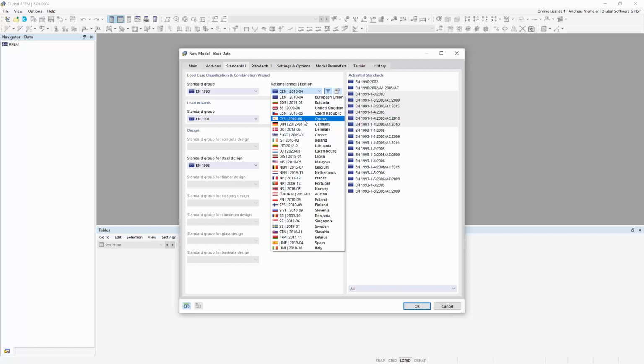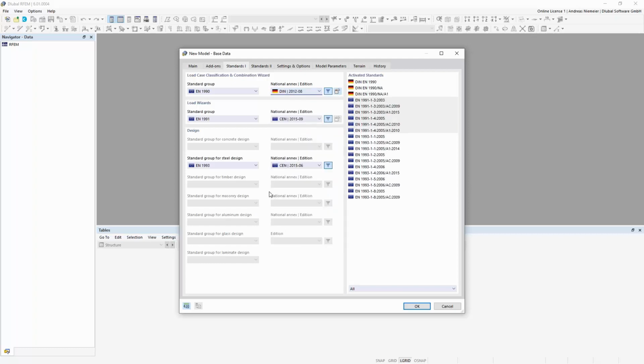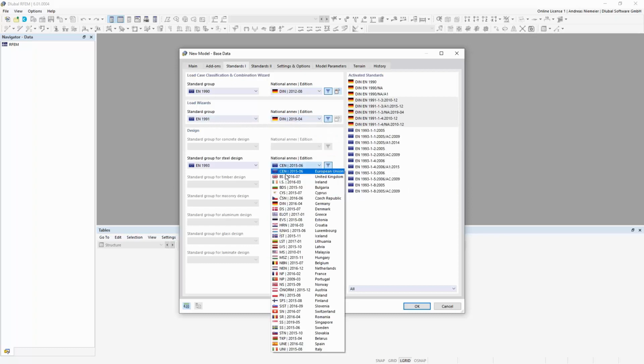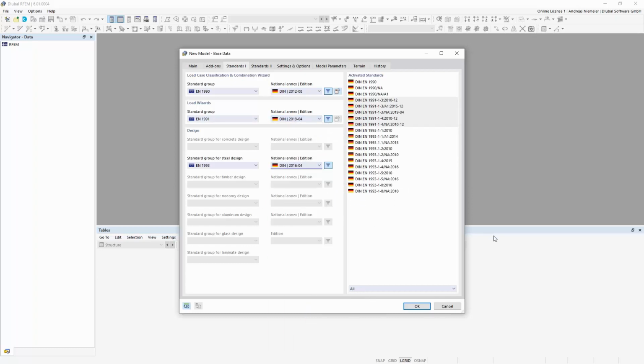So for today I plan that we build this steel structure in the garden of our boss. Therefore I select the German annex, for the wind wizards also, and for the steel design also. And the program writes down a list of standards which will be used for the model in the background.